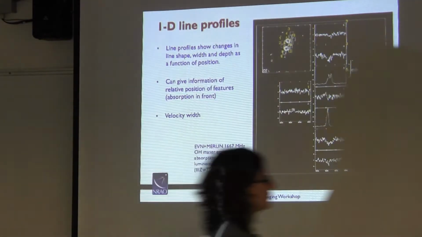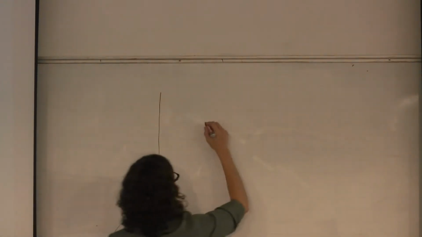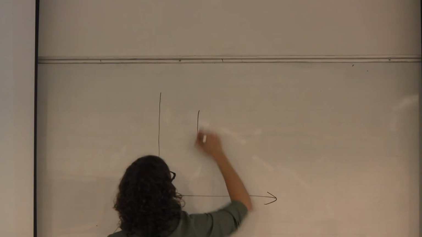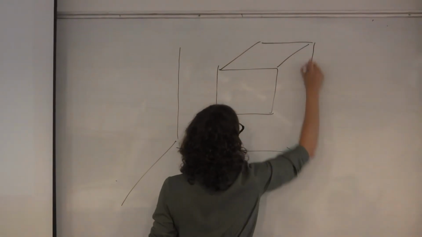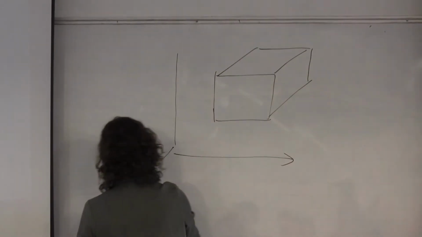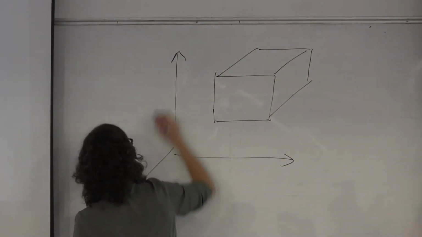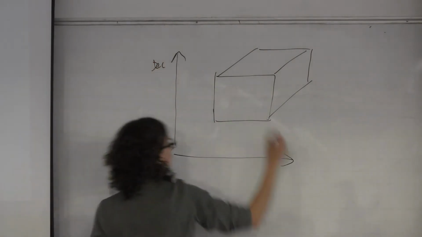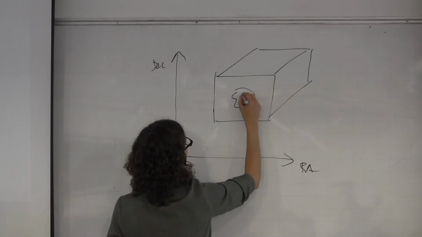So if we have our data cube, this is velocity, and we have our source,